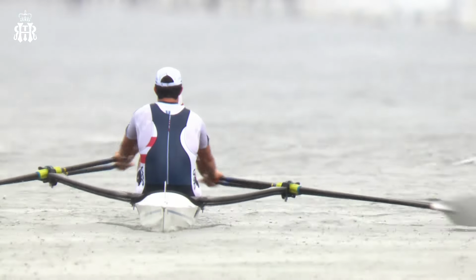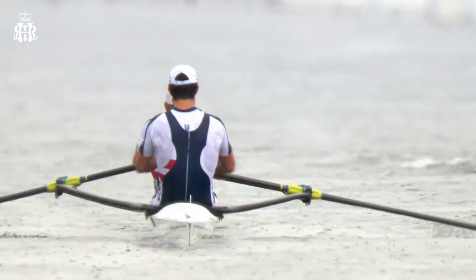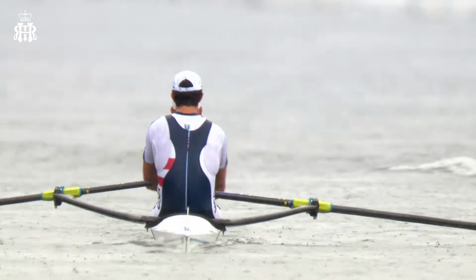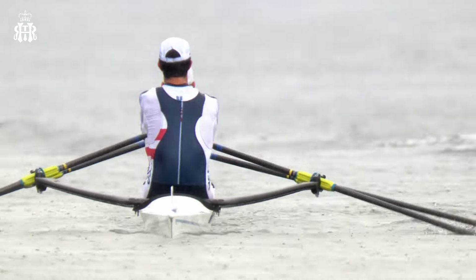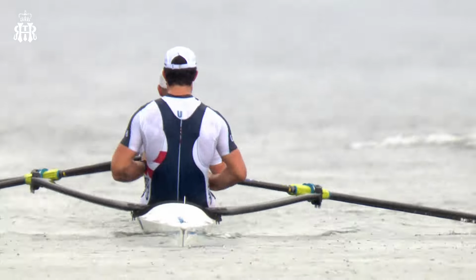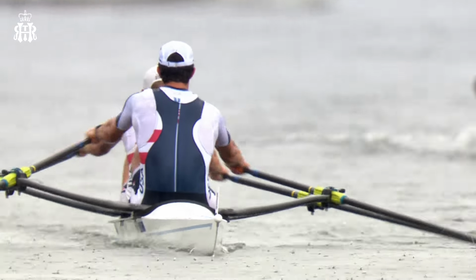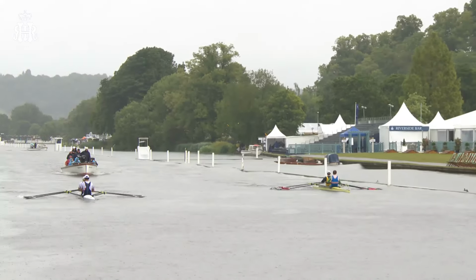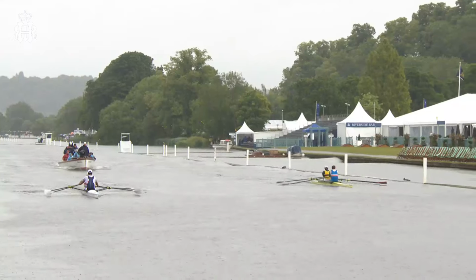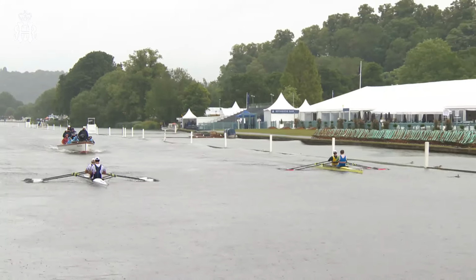So there you can see in the bow seat for the Americans, Katie Cunningham will be very pleased with how this race is unfolding. Like all of these races we'll see today, to get into a final is a big thing at Henley Royal Regatta. Previous winners of the Double Sculls Challenge Cup, John Collins, Graham Thomas combination in 2019. Last year we had a Spanish double winning this event, and it looks like we could have Americans in the